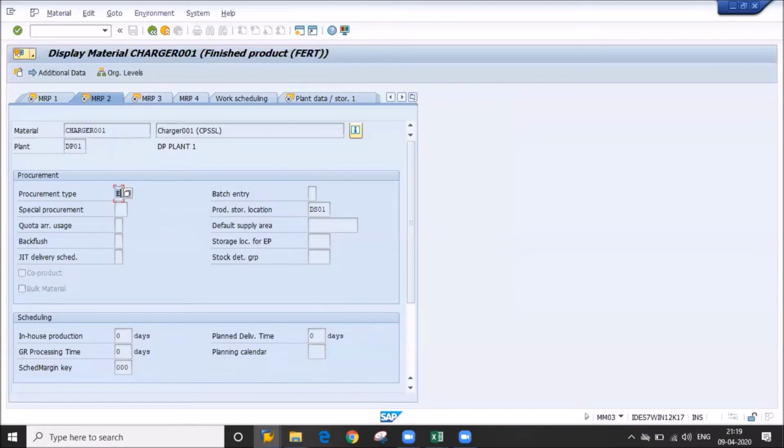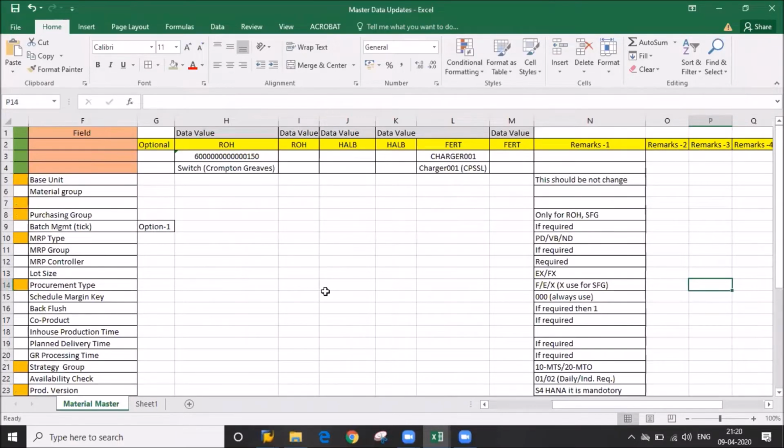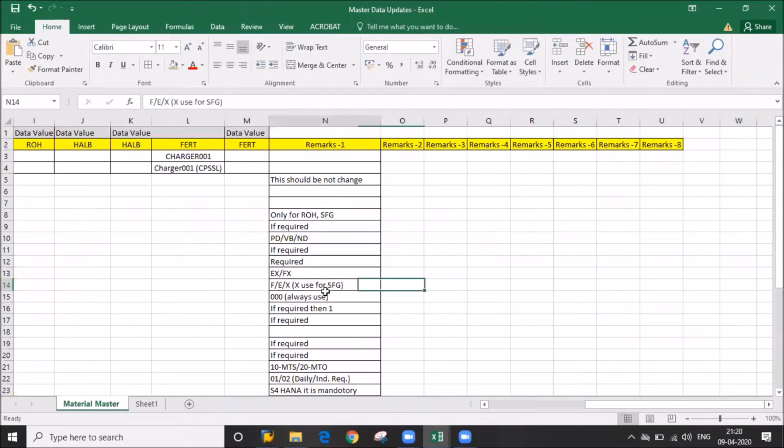So it is easy if you are maintaining X. This is the big difference. So I will mention in our Excel sheet, X used for SFG. Like that you have to make remarks here in detail. Understood?